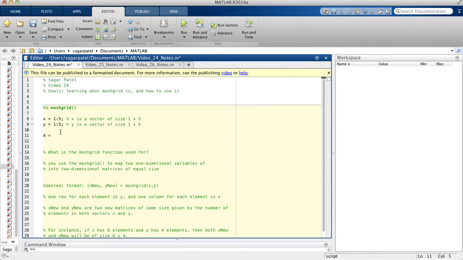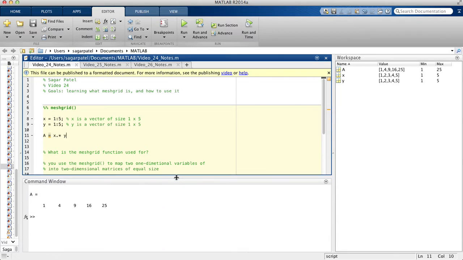Now, if we're told to multiply x by y, we know that we could just do a is assigned x dot multiplication y. Doing this, you will see that we get 1, 4, 9, 16, and 25, because this is just multiplying 1 times 1, 2 times 2, 3 times 3, 4 times 4, and then 5